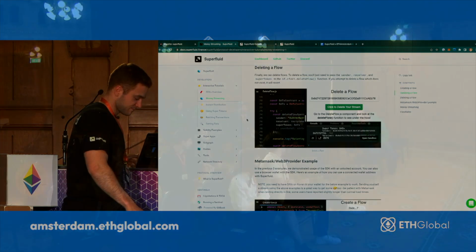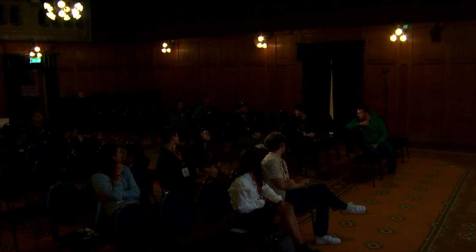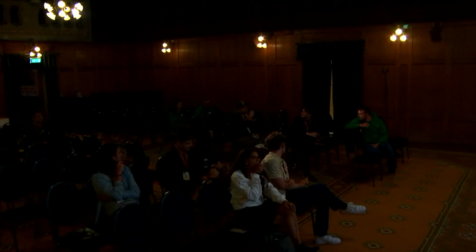Yes? I have a question. So basically, if I understand it simplified, you're creating this super app token, and you are distributing the flow, and then you stop at one point. And then, let's say, party B has 20%, and party A has 80%. How do you transfer from this super app token back to the normal token then? Because you don't have the 100% anymore. How do you get the DAI back?